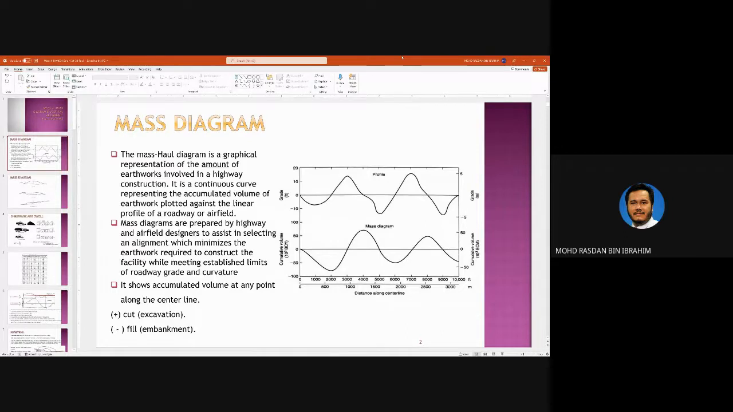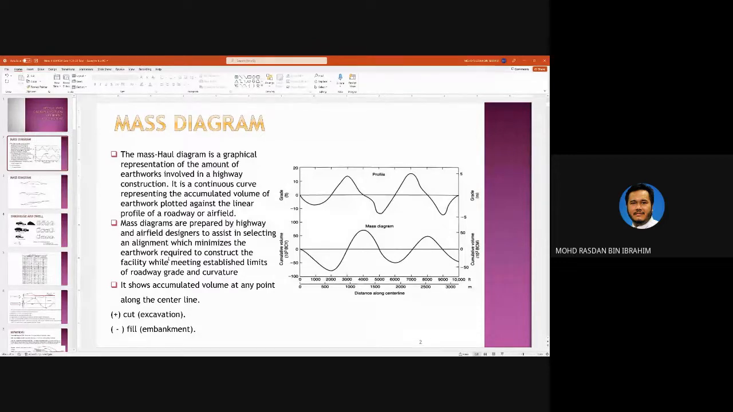It is a graphical representation of earthworks that need to be done. It's like you are plotting the amount of cut and fill for the earthworks. It is a continuous curve representing accumulated volume of earthwork plotted against the linear profile of the roadway. Mesh diagrams are prepared by highway engineers to assist in selecting alignment which minimizes the earthwork to construct the